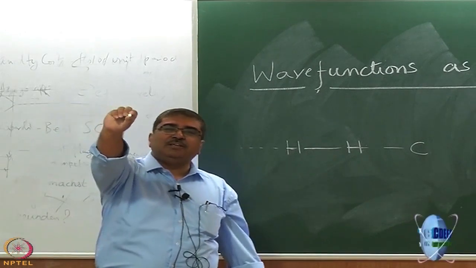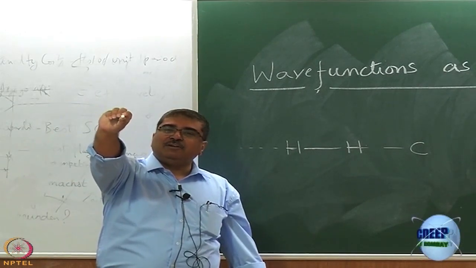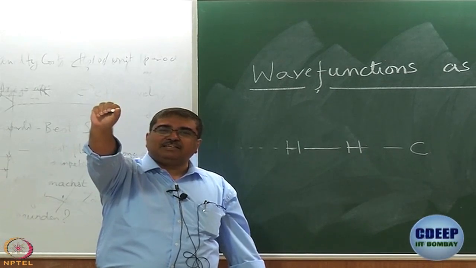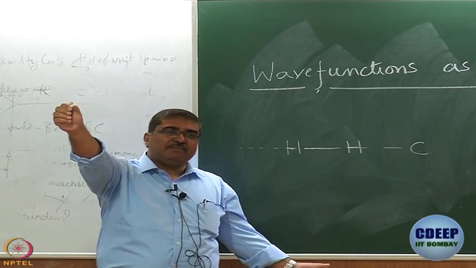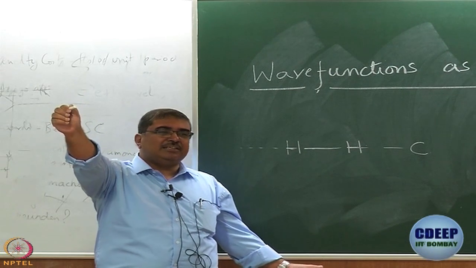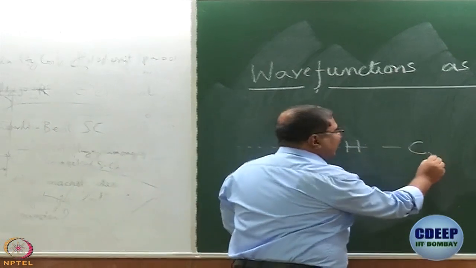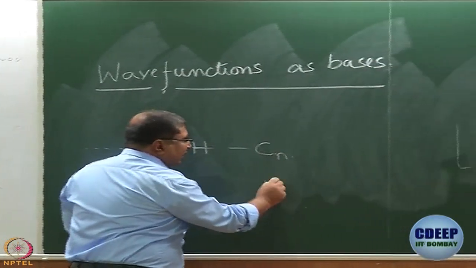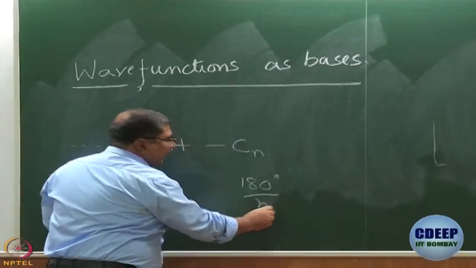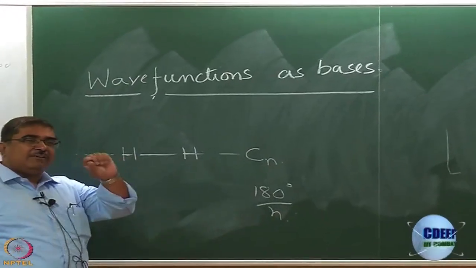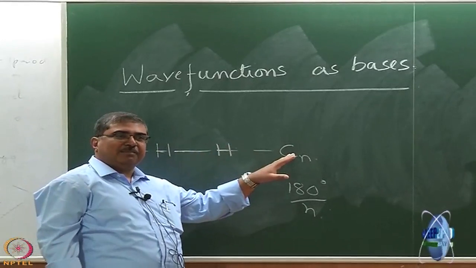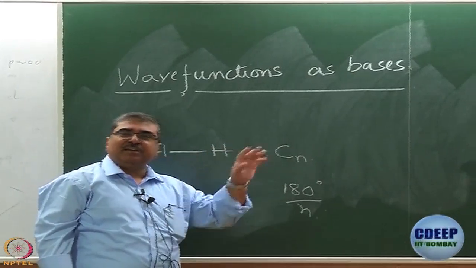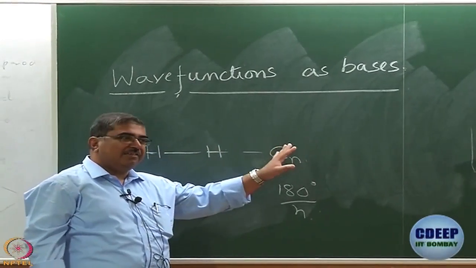This is my dihydrogen molecule. I rotate by any amount, small or large, does not matter. I get back the same dihydrogen molecule in the same configuration. So this here is Cn. Do not forget, rotation is by 180 degrees by n. So if I rotate by a very small amount, then n goes up. If I rotate by an infinitesimal amount, n is infinity. Are we clear with that?